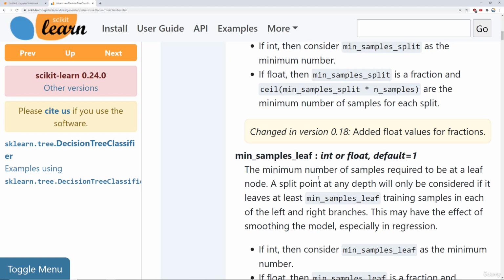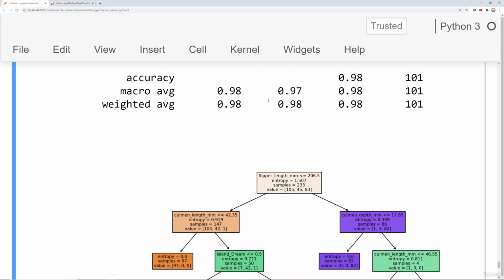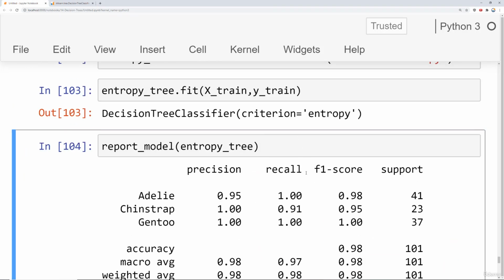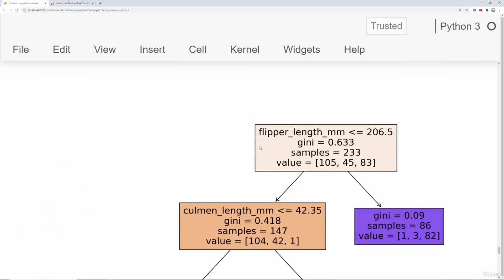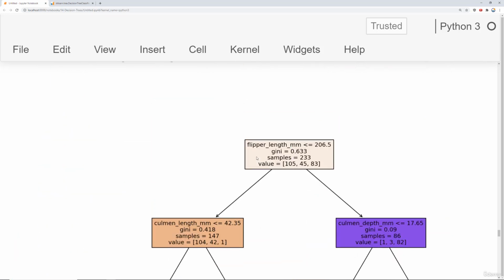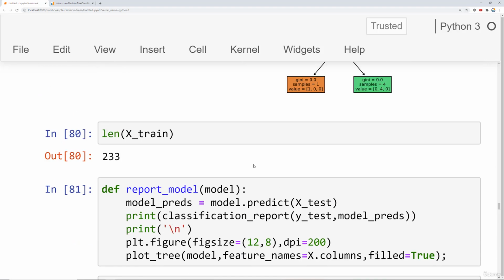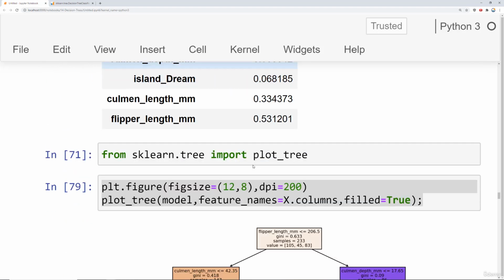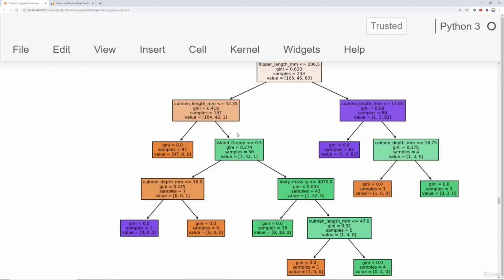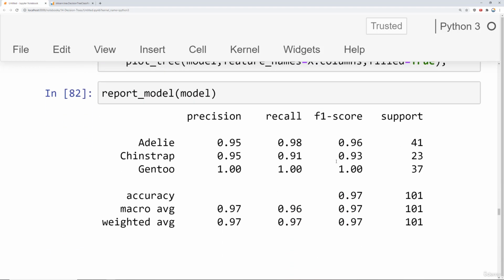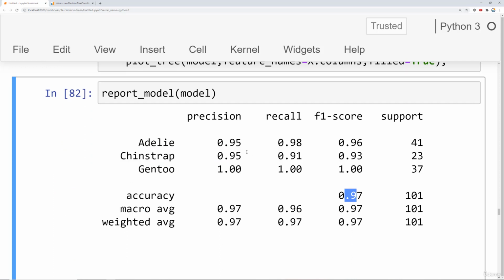Typically, you'll perform a grid search for the best hyperparameters, but we're not going to do that right now because in general, the actual misclassifications we're performing without a grid search is quite small, and the default values are performing just about as well as you could possibly hope for. Recall that if we take a look at our original decision tree, as well as the plot confusion matrix function for it, so this original decision tree, if you were to report the model on it, it's performing really well at 97% accuracy, not too much precision and recall, and we were only misclassifying about 4 penguins. Even if you did an exhaustive grid search, you'll probably still misclassify 2 to 3 penguins. So not a huge jump in performance